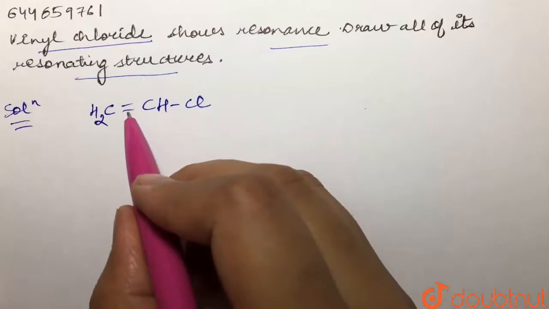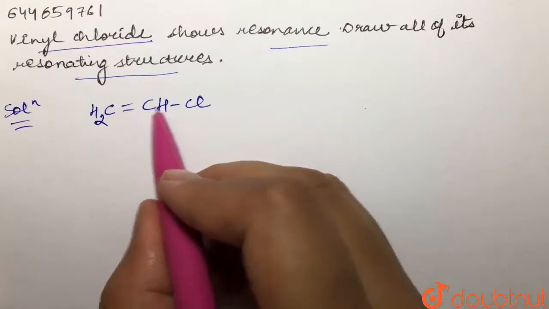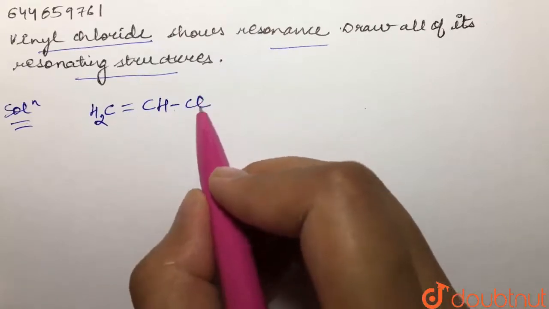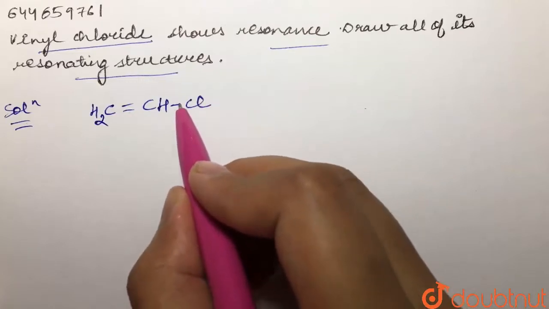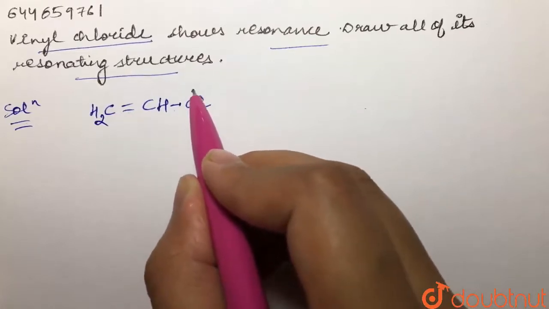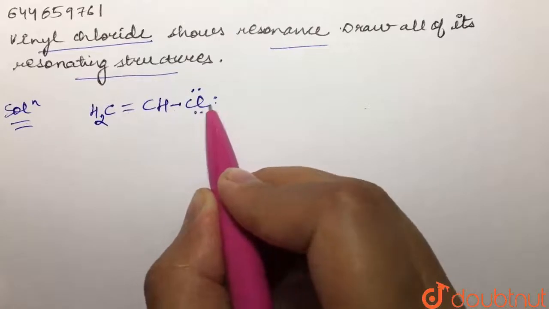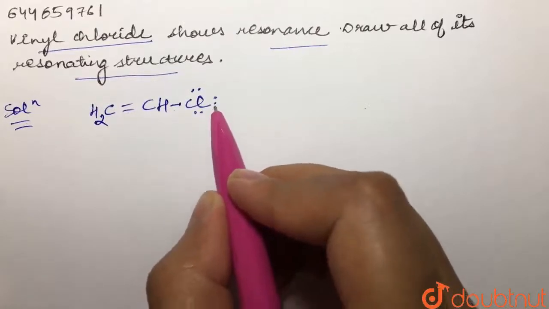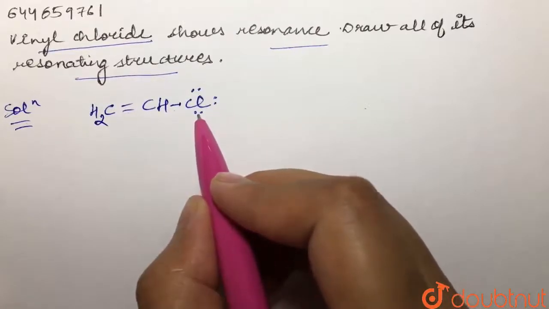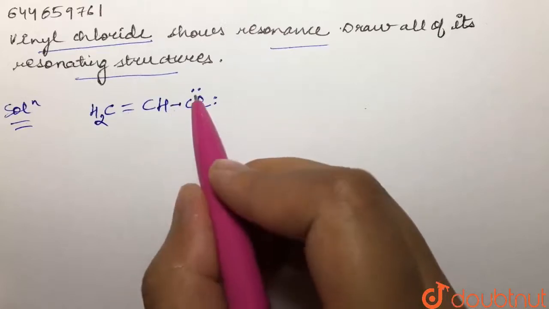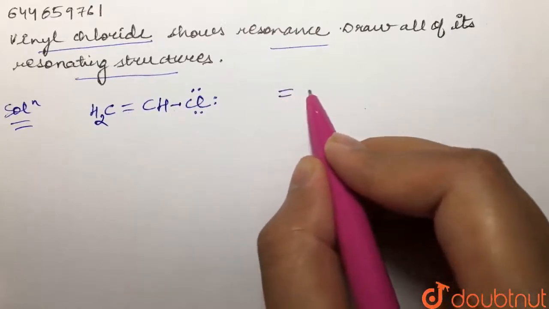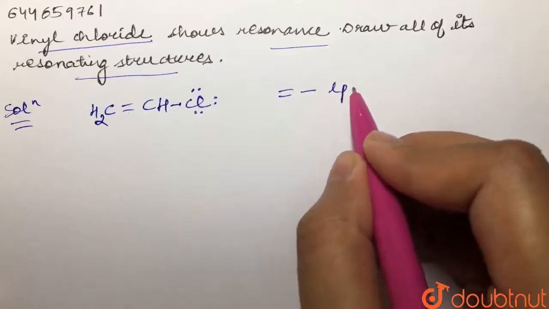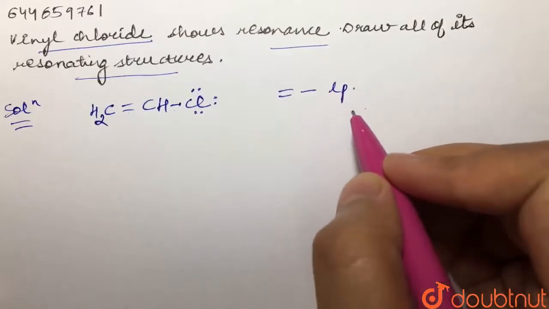How? Because we are having a condition of double bond, single bond, and lone pair. Because chlorine we know is halogen, right? One electron is involved in bonding, so it's gonna have 3 lone pairs because it has total of 7 valence electrons. So 6 would be present as 3 lone pairs and 1 would be involved in bonding. So in this case we are getting a condition of double bond, single bond, and lone pair, right? So we can have resonance over here, right?